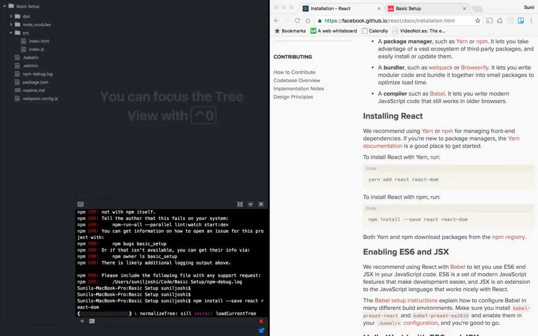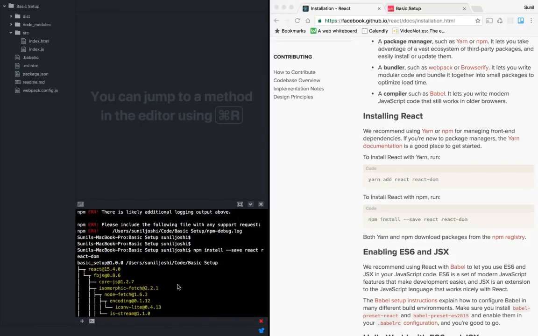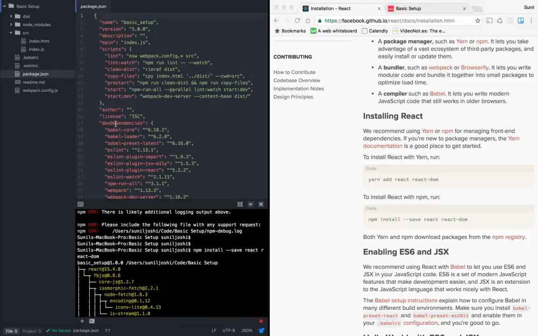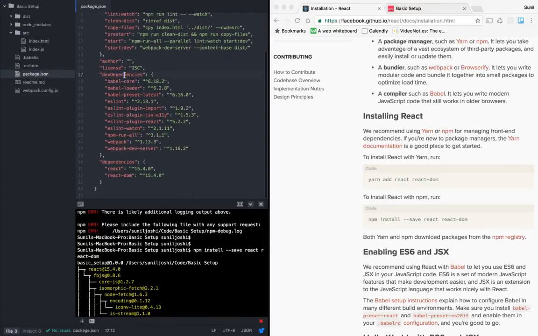And you can see it's telling me to install it with just save and not save dev. Since we want React to be installed when we deploy this project on the production servers, that is the reason we are saving this as part of dependencies, and not dev dependencies, right? So I hope you got the difference, right?